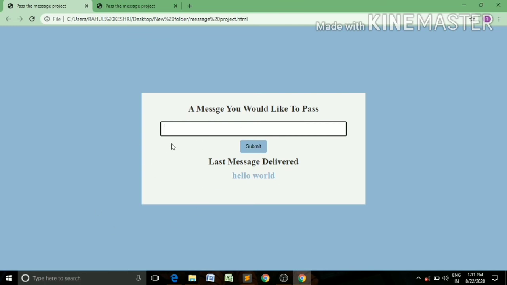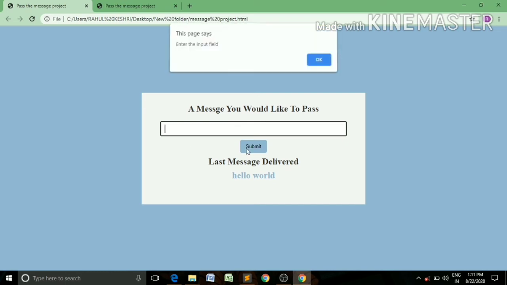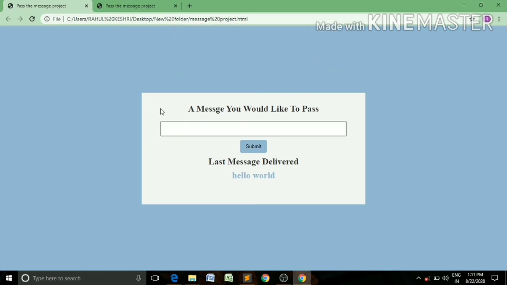If the user does not fill this input field and clicks the button, the alert pop-up message appears. This means we have two conditions here, two events performing. For example, if inputField.value equals null, then the alert pop-up message appears. If inputField.value equals something, then the value of this input field appears at this h2 heading place. That means we will have to use an if-else statement.